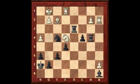Okay, the move c3 was played here, unveiling an attack on e4. And if knight takes c3, then there could be some trouble, perhaps, for the white king. Knight takes g2 might be on the cards. But there might even be stronger here. What white played here